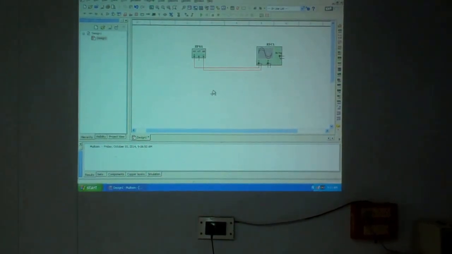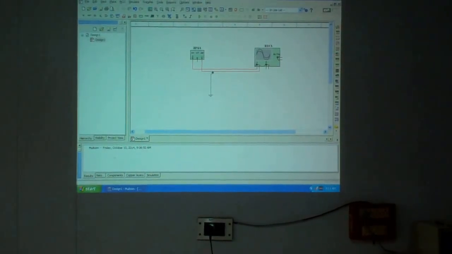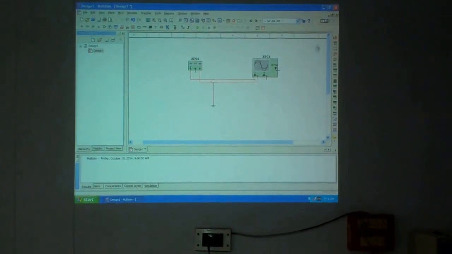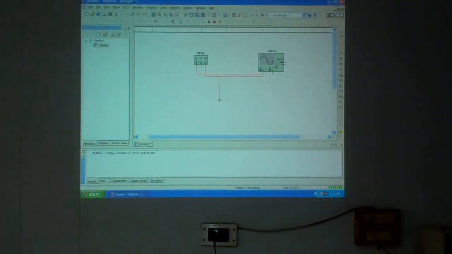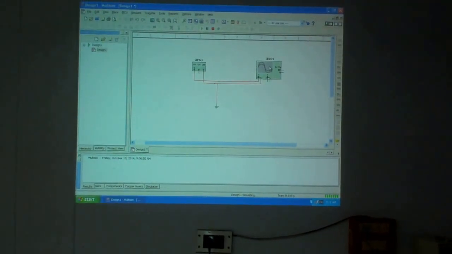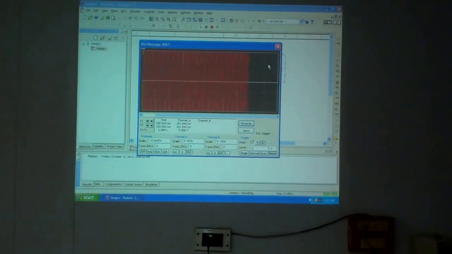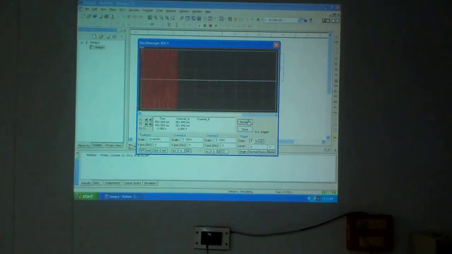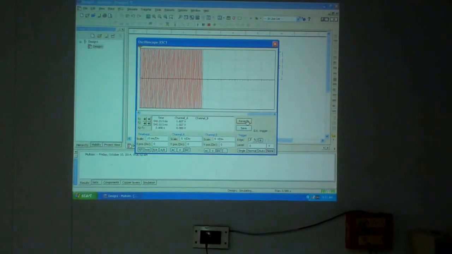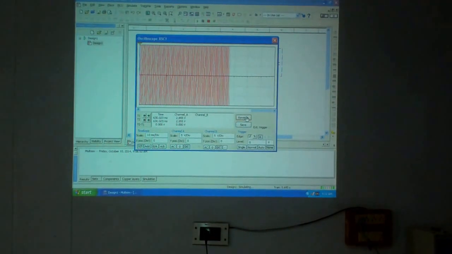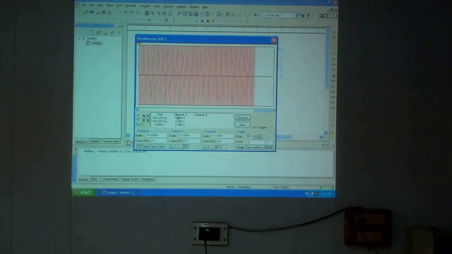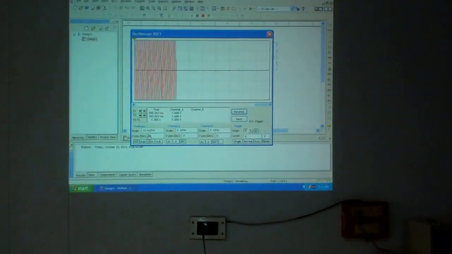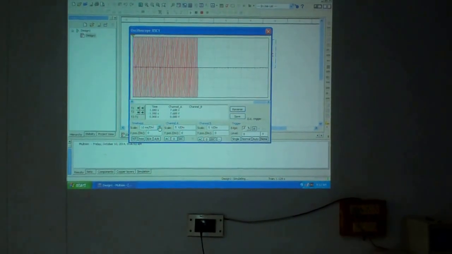Close it. You have to connect it to the negative. So this is the negative. Click. Now that message is not coming, so it is now grounded. You can see a waveform being generated. If you say reverse, you will see a white background. You are able to see that a sine wave is being generated, but you are not able to read it because it's running very fast. So what you do is reduce the time base. That means you are reducing the frequency.